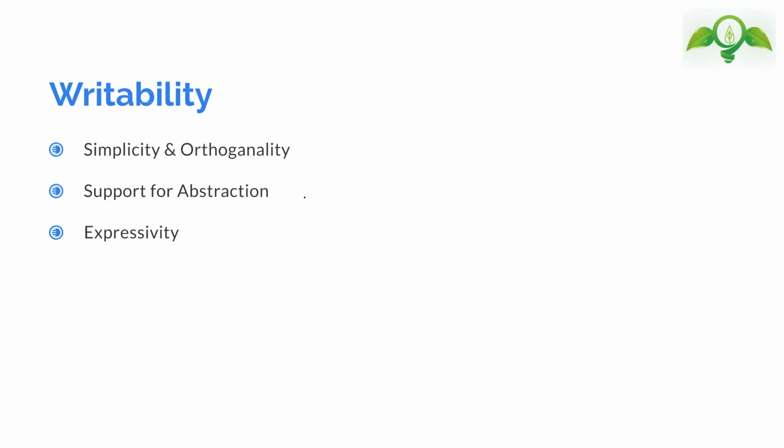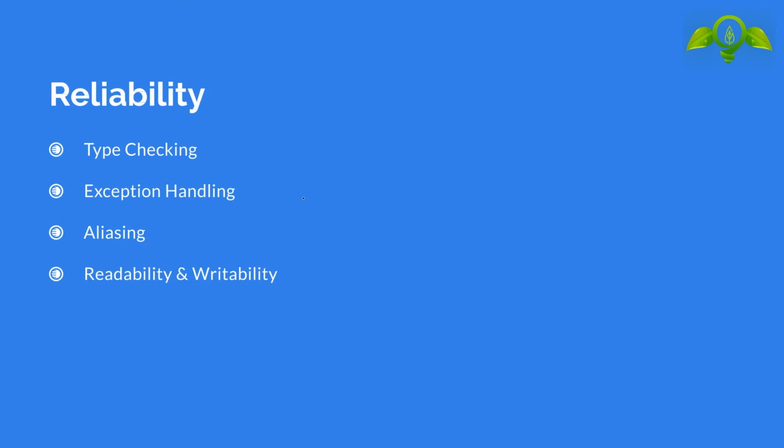In this, programmers are allowed to use powerful operations to express ideas in fewer lines of code. For example, if I would like to find power of any number, for suppose 2 power 5, I need to write a for loop. I don't need to write a for loop for i equal to 0, i less than 5, i plus plus. I can use 2 star 5. It is expressivity. And moving on to the third type, reliability.